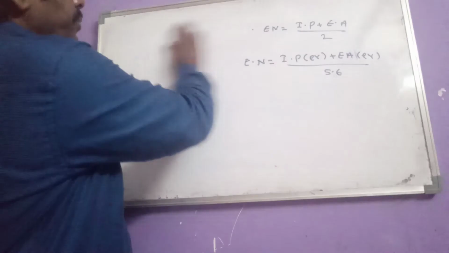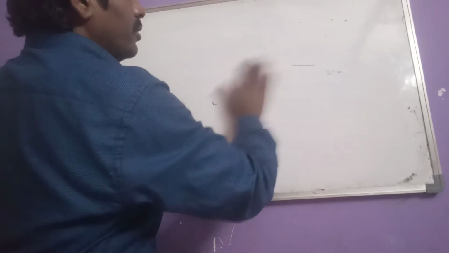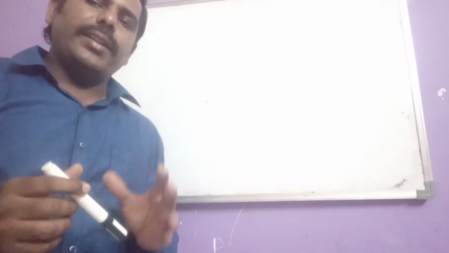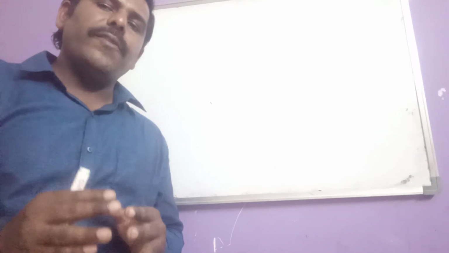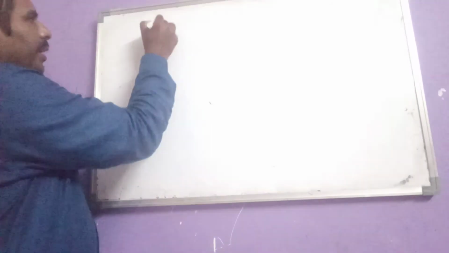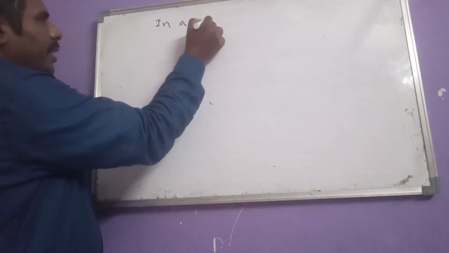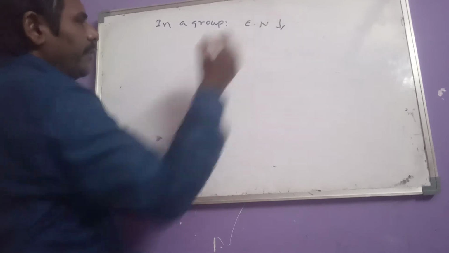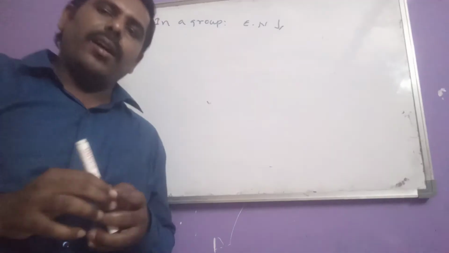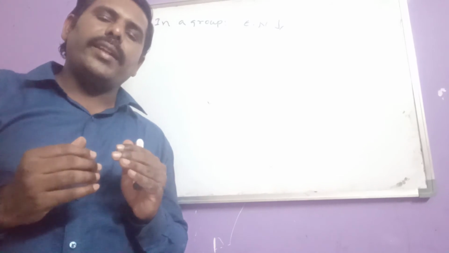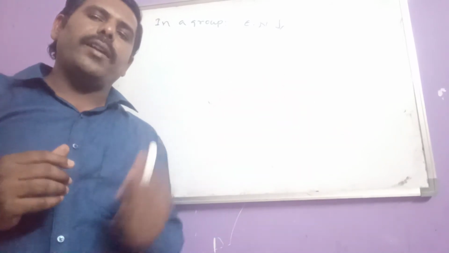This is the principle used to calculate electronegativity according to the Mulliken scale. So these are the different scales we use to calculate the electronegativity of any element. And now let us see the variation of electronegativity in a group. In a group, as atomic size increases, what happens? Electronegativity value decreases, because as atomic size increases, the nucleus gets farther away from that bond pair of electrons.